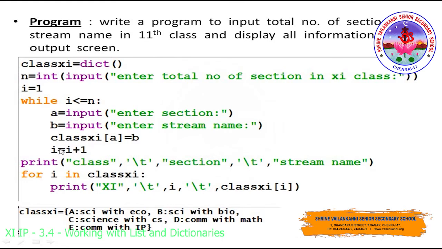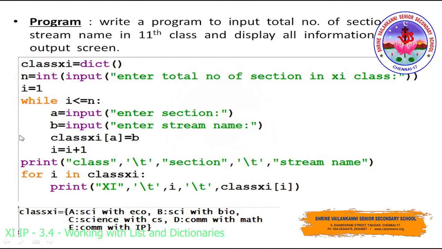Again it will move on to the third iteration. 2 plus 1 will become 3, 3 less than or equal to 5. So till 5 less than or equal to 5, it gets repeated again and again, and once the iteration is exhausted, once the condition becomes false, it will come out of the loop. So once 5 plus 1 equals 6, 6 less than or equal to 5, if you check, the condition will become false and it will come out of the loop, and immediately it will follow up the statement which is following the while loop.